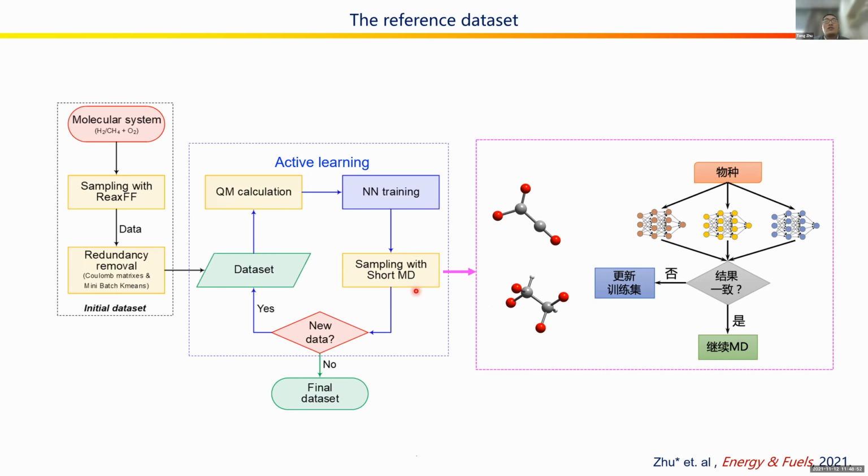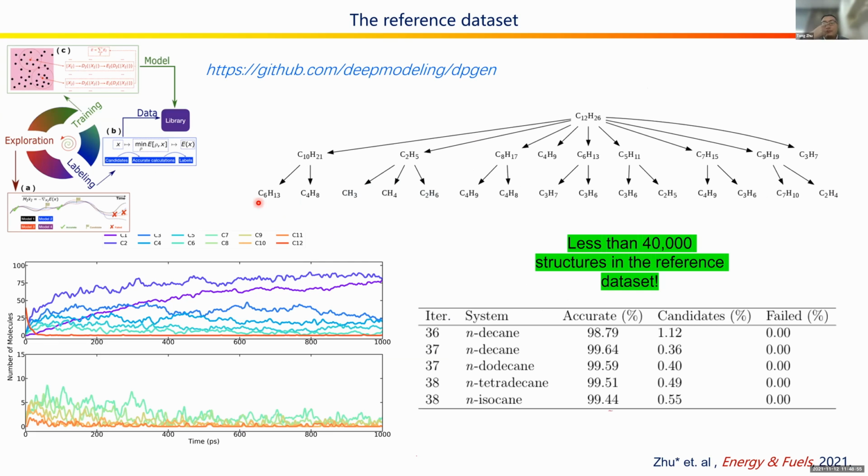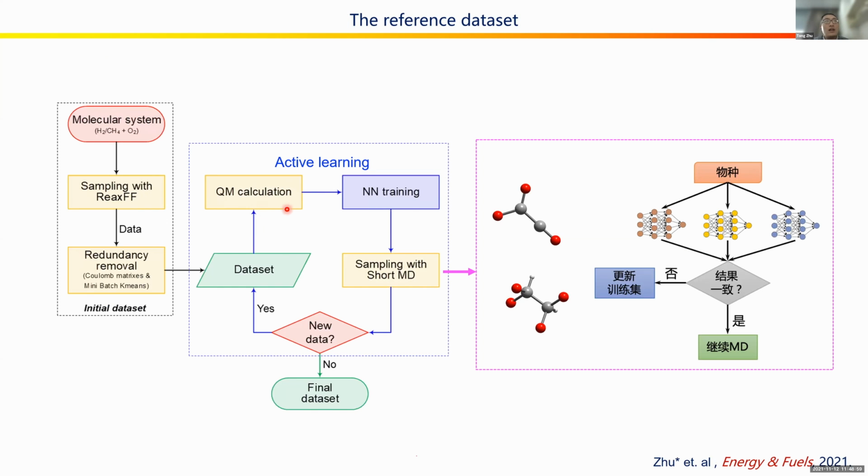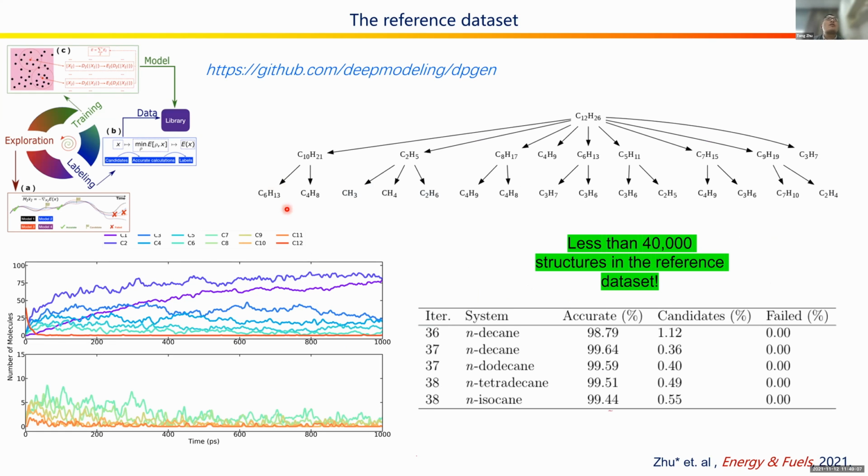And here is an example. This active learning procedure is used for the simulation of methane combustion. After that, we collaborated with Dr. Li Fengzang and Dr. Han Wang to use the DPGEN method to perform a simulation for the pyrolysis of n-dodecane. And with the help of DPGEN, we can use only 40,000 data points and achieve the simulation of the